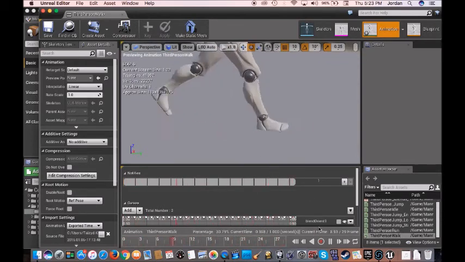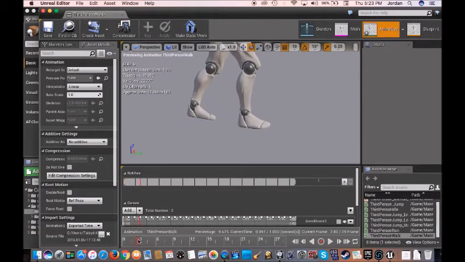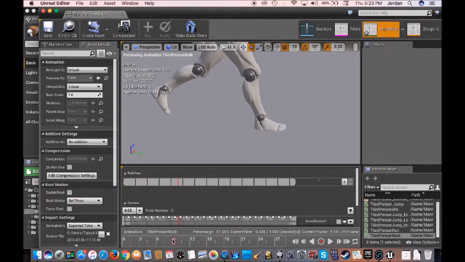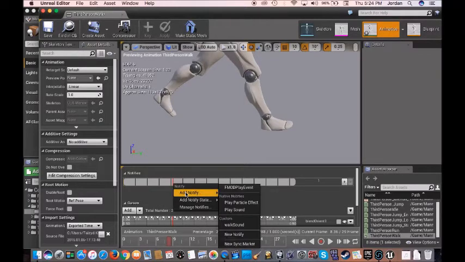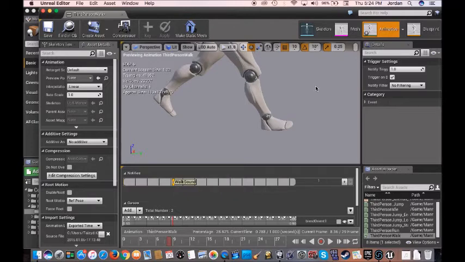We're going to want to look at their feet and go frame by frame to when their foot hits the ground. So right here, we're going to go up to this part in the notifies and go to add notify and click on new notify. We're going to call this walk sound, and my computer is not liking this. So we're going to go to walk sound,